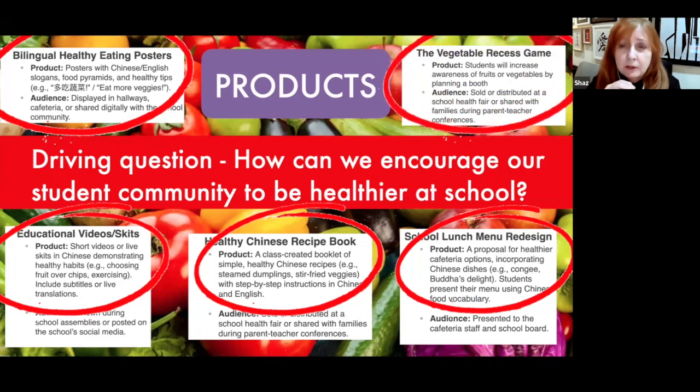And then there's another suggestion by students that at snack time, when they go outside and play, some students set up like a little booth and they have vegetables there, and the little kids have to try and guess what the name of the food is, or name of the fruit or the vegetables. Just some like a little game that the younger students can play. So it increases awareness of vegetables, particularly in Chinese as well.